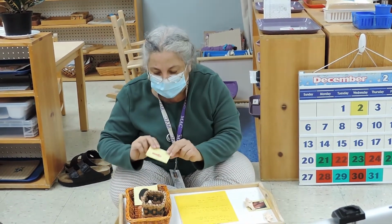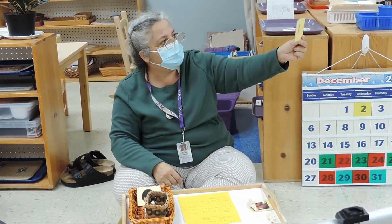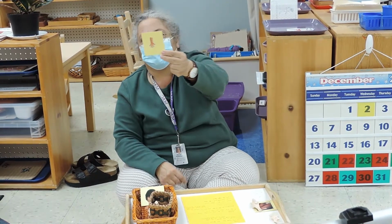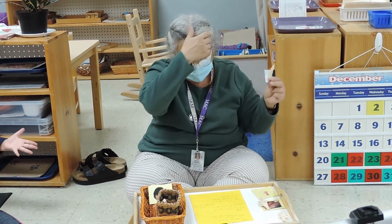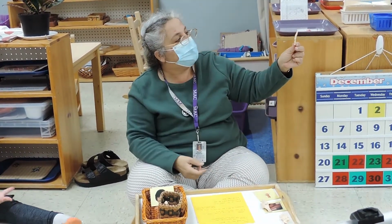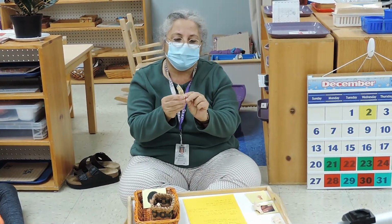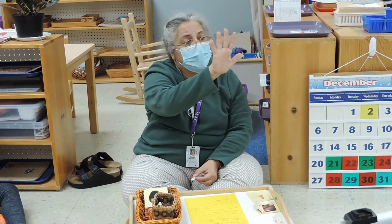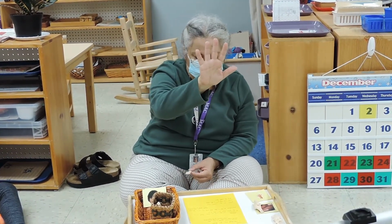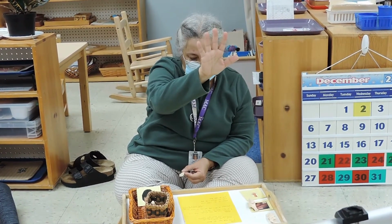This one is a hand. You can look at your own hand, right? And if you took an X-ray, this is what your hand would look like. I think that the thumb is broken from our model, but there's definitely a thumb, and that's a very important part of our hand. The hand has 27 bones. The thumb is what separates us from most animals,